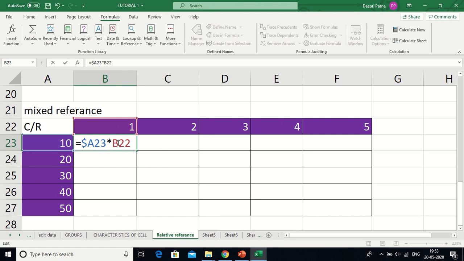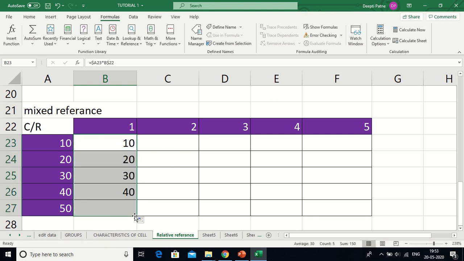Now I will press F4 twice. First I select it and press F4 once, then I select it and press F4 twice. Okay, I will press enter and I will just take it by dragging and dropping.